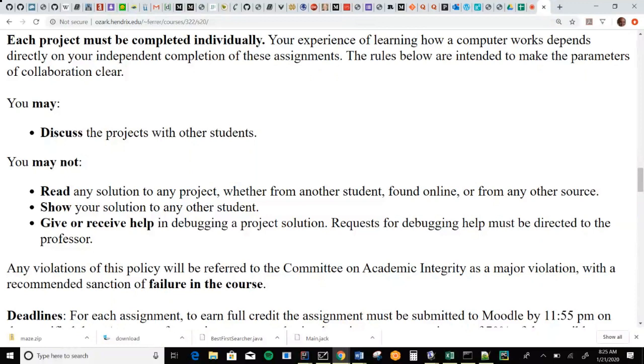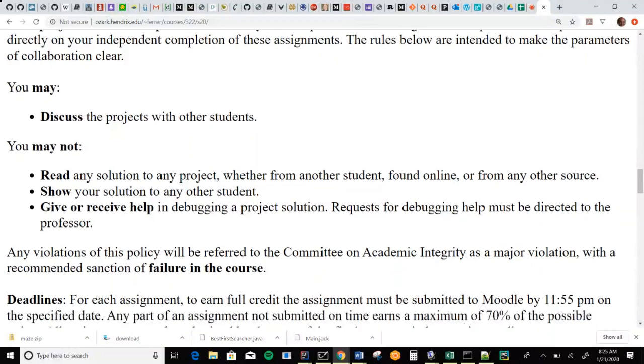And the issue is, if you ask another student to help you, it could kind of cross-contaminate with some of these other issues. And so really just to keep things fair and balanced and safe for everybody, for debugging help, just come to me, okay?